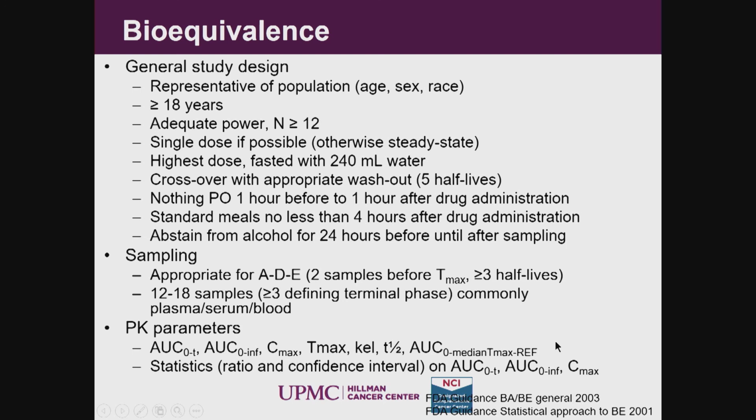So in general, the study design is such that you have these characteristics. It's very similar to the food effect study. I will not go through them in detail. And the sampling needs to be such that you capture the absorption, distribution, and elimination phase. You have 2 samples before the Tmax. You document at least 3 half-lives, number of samples, and oftentimes you sample plasma, serum, or blood. These are the PK parameters that are documented, and the statistics are very similar to what we've seen in the